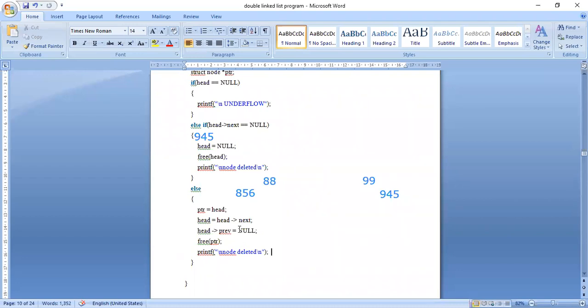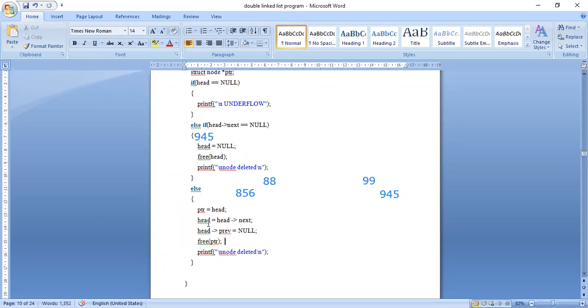So if there are some nodes in the double linked list and I want to delete the first node, then these four steps we have initially seen in the diagram. In PTR, I will store the value of head temporarily. Next, head is equal to head of next. Head is equal to head of next means what?